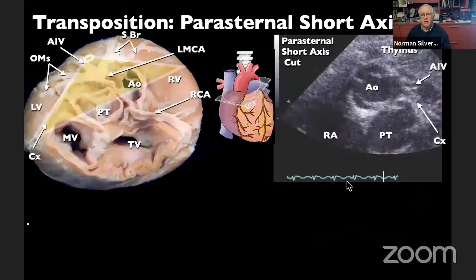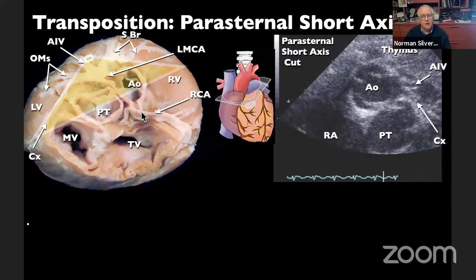So that's a very unusual thing, but I think confirms the notion of Professor Anderson that it's the relationship or the connections between the great ventricles that defines transposition. Now, when we look at the heart from above, there is a problem because our echocardiograms are looked at the heart from below. So right and left are reversed here. So the left side of the heart is here. The right side of the heart is here.